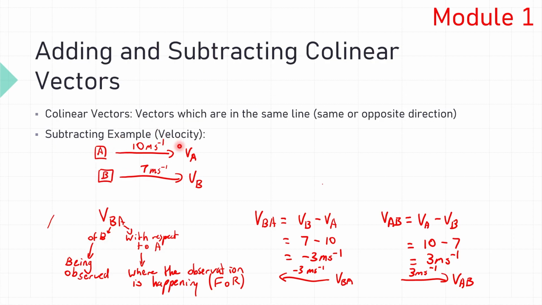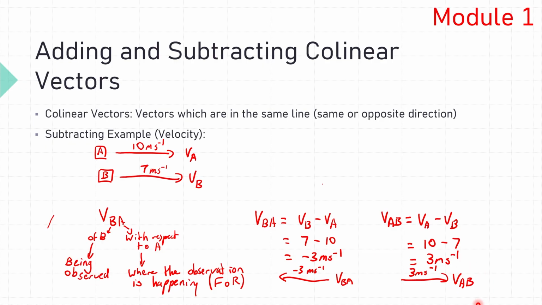And even though they're traveling at 10 meters per second and 7 meters per second respectively, the difference between these two speeds is 3 meters per second, which means that both observers are going to either see one car moving ahead or one car moving backwards or behind at a rate of 3 meters per second. The key point here being that the mathematics that underpins these observations is all dictated by who is observing in what frame of reference and what are they observing around them.